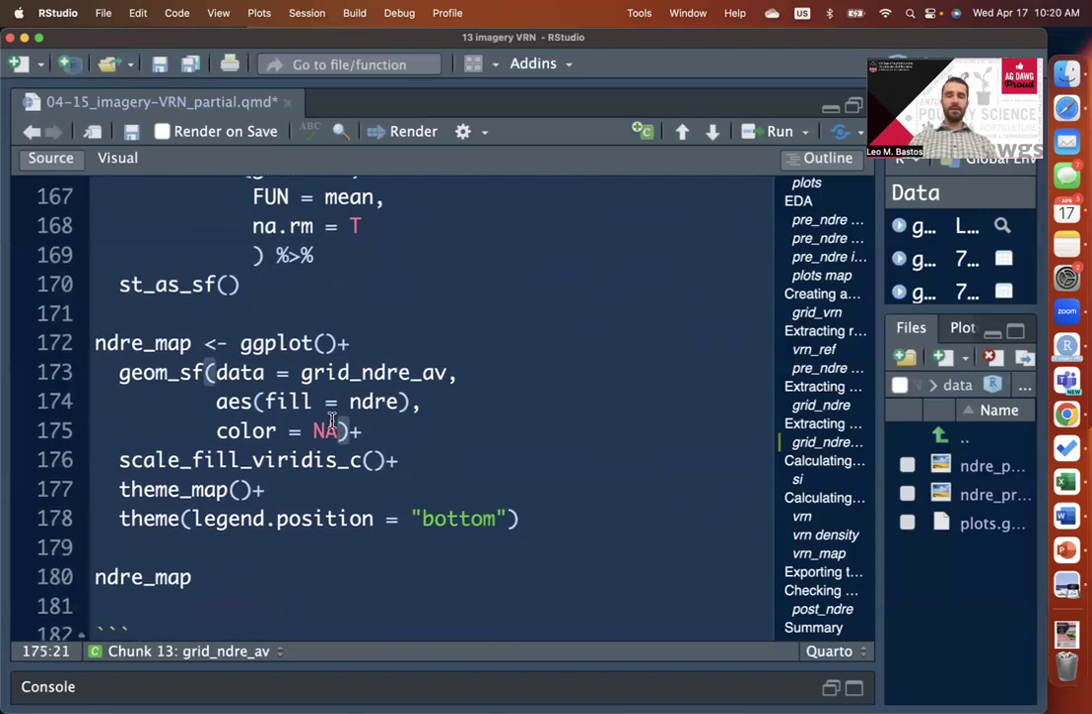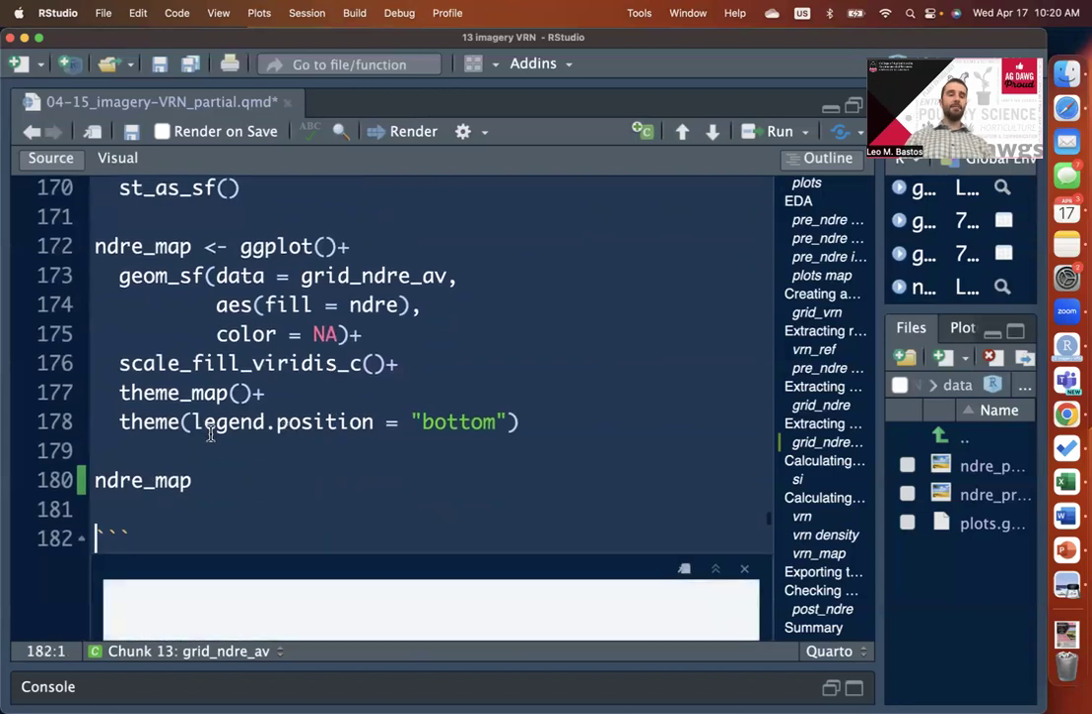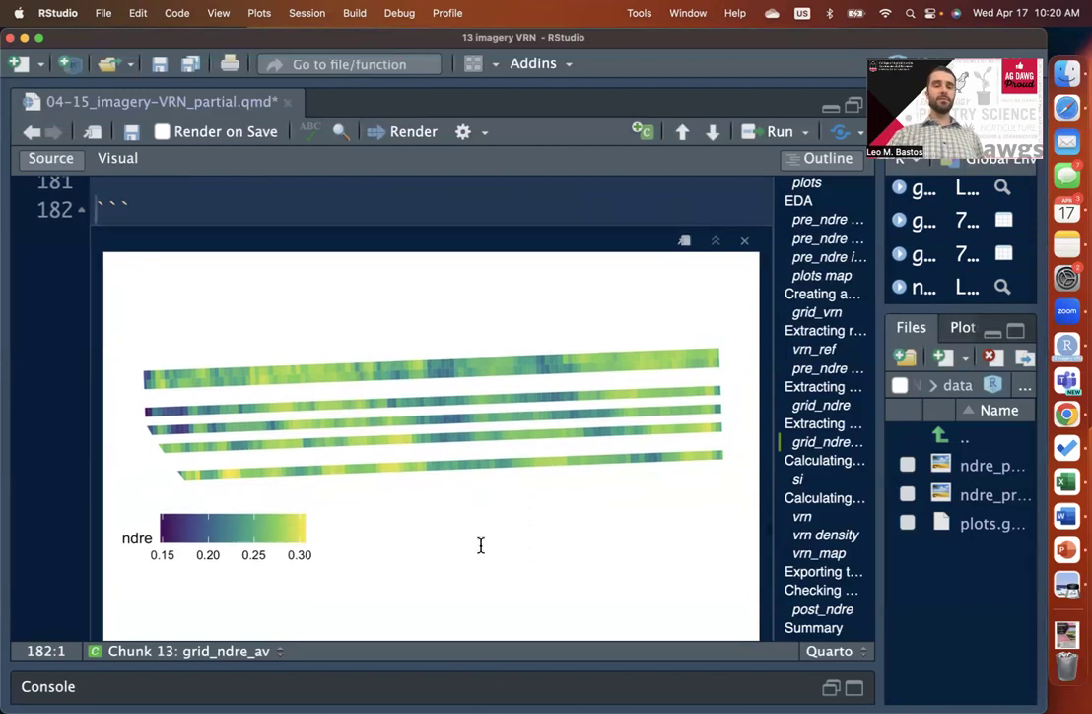So things we've done in the past already. If you just run that and then you print NDRE map, this is what it looks like now. So basically we have averaged all the pixels within each one of these variable rate cells that we're going to be using. Now for each one of these cells, that value there is again our field vegetation index value that we're going to use into that sufficiency index calculation,